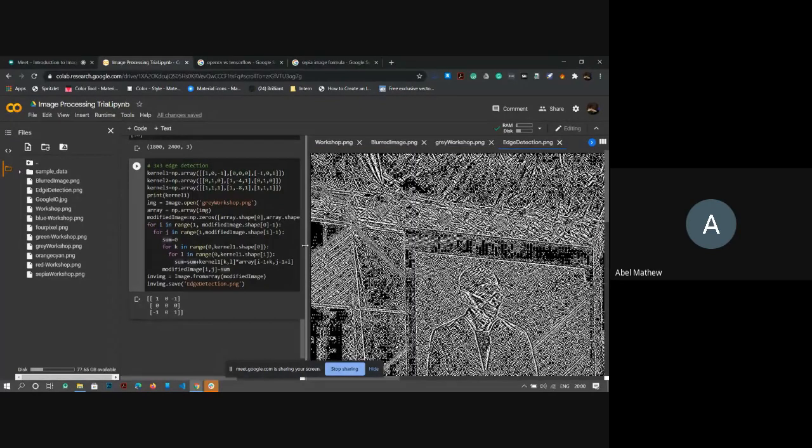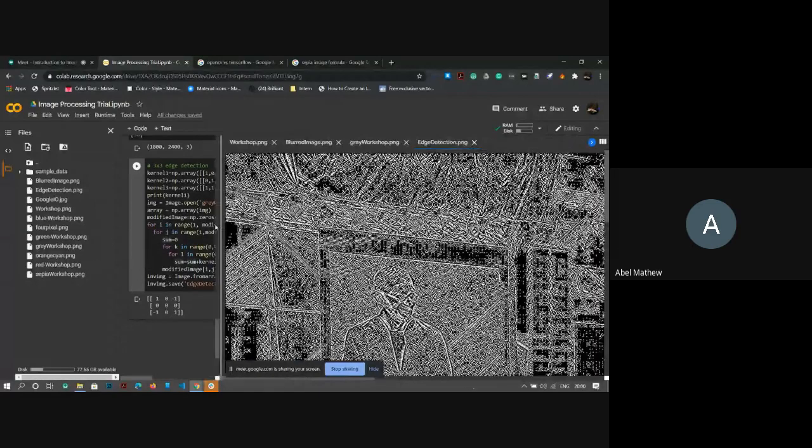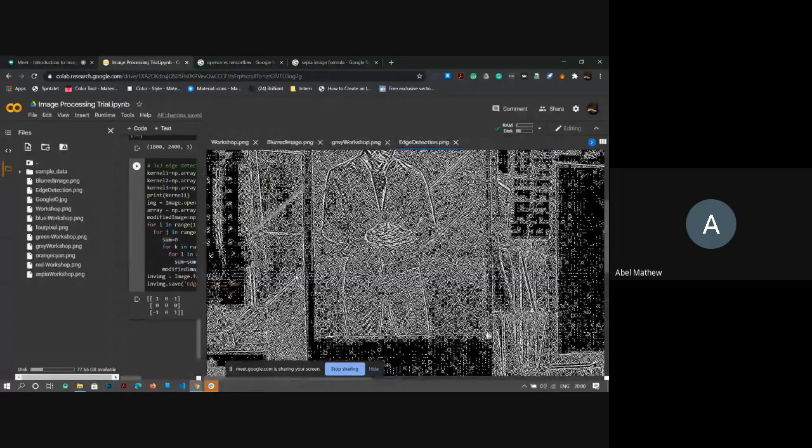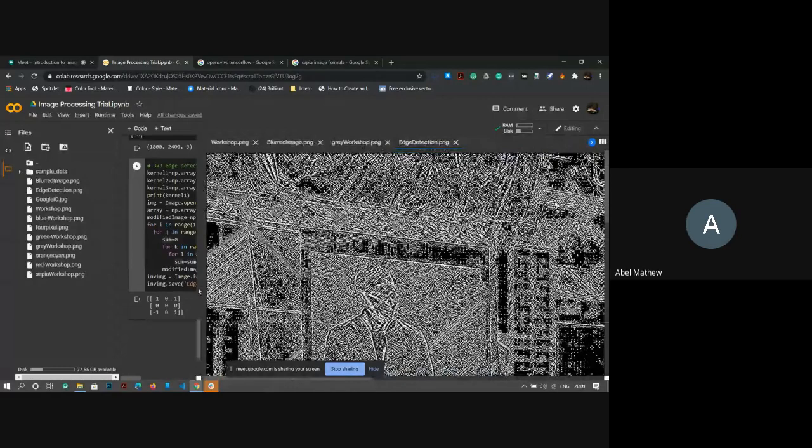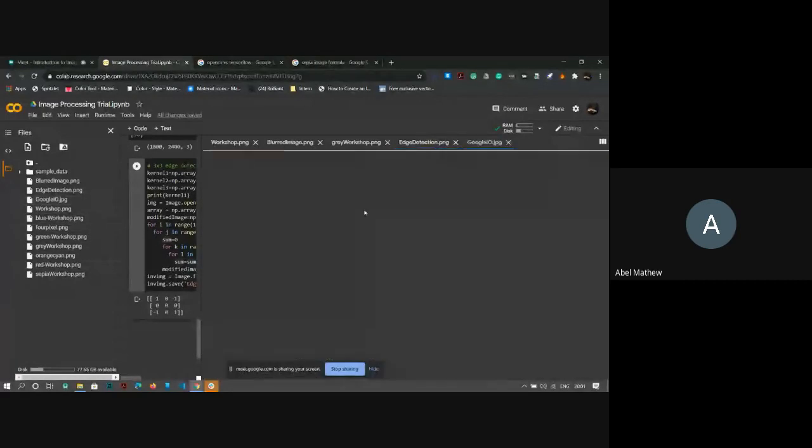Okay. This looks weird at first sight, but still, let us try to understand what is the meaning of this. The first thing that we need to understand is we need to look at the original image.